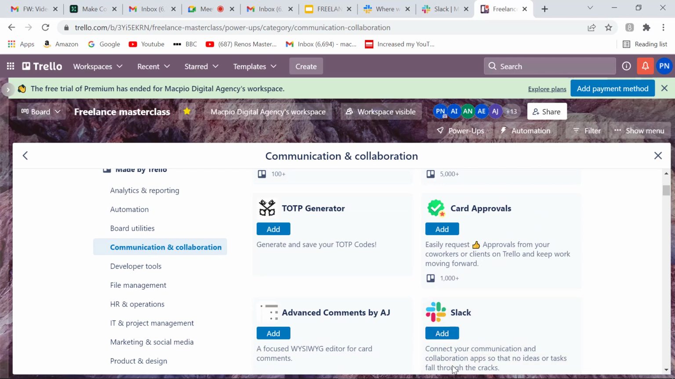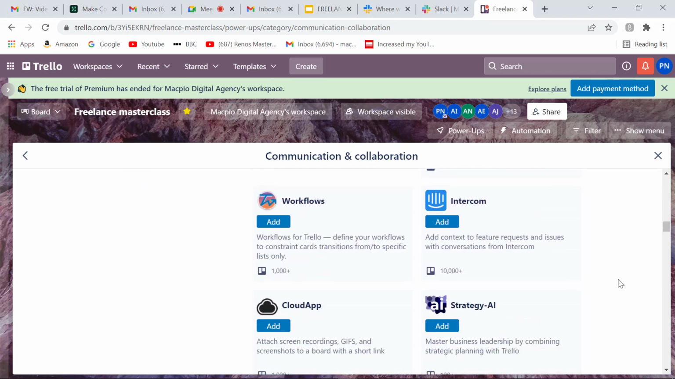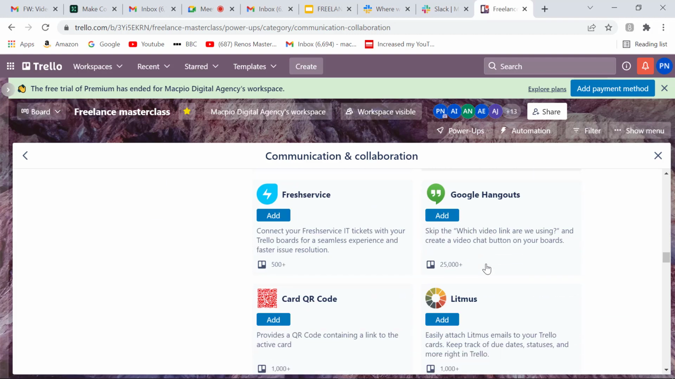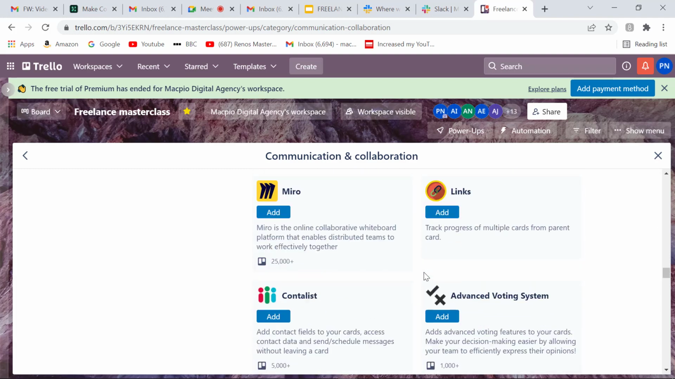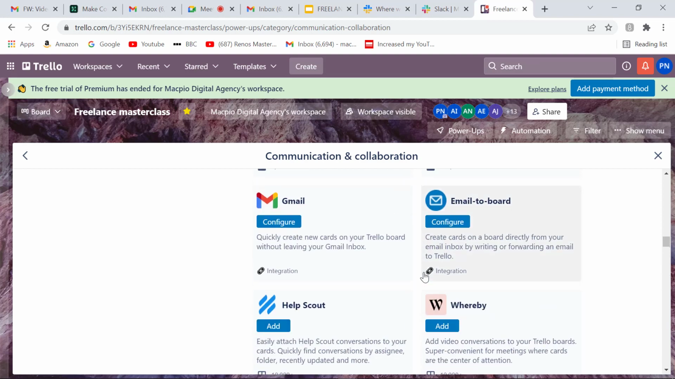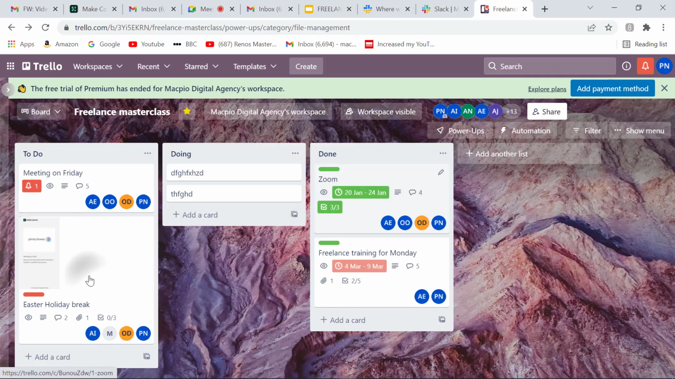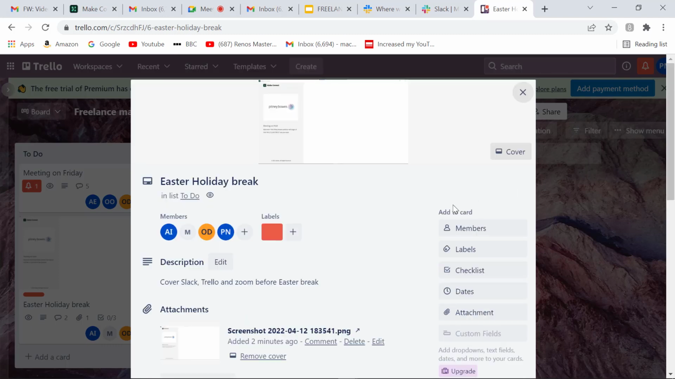All right, so these are some of the things that you can do. Even there are some other applications like Gmail. Okay, you see so many of them. Google Hangout. You can see so many power ups, but because this is a free version, you are only entitled to adding just one at a time. All right, so that is that for adding power ups to your card. So back to the card,